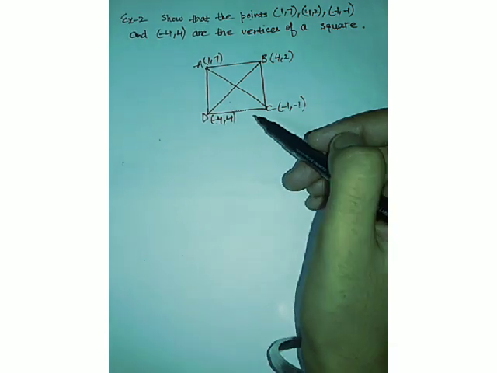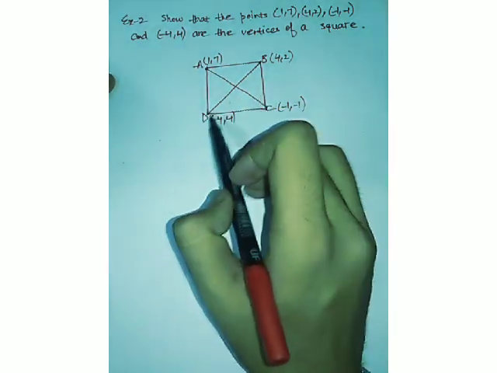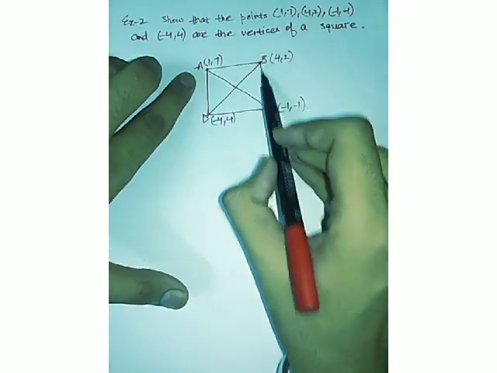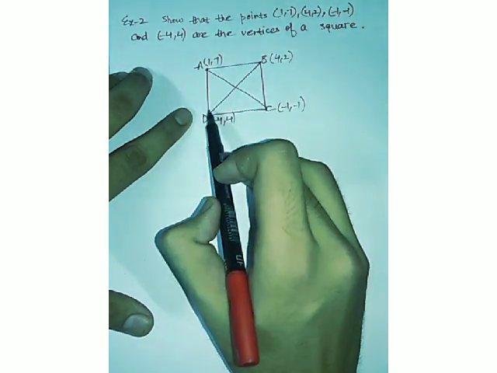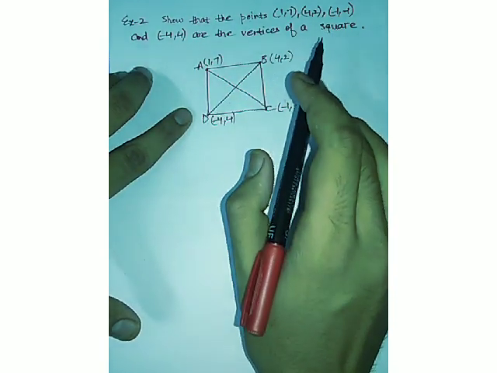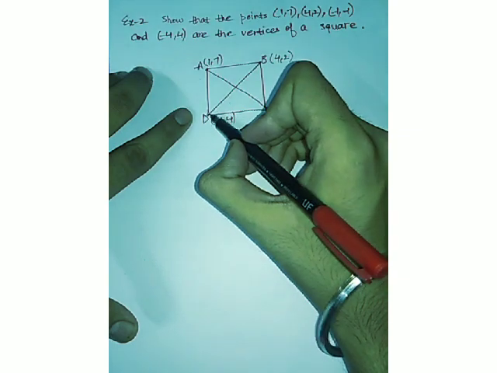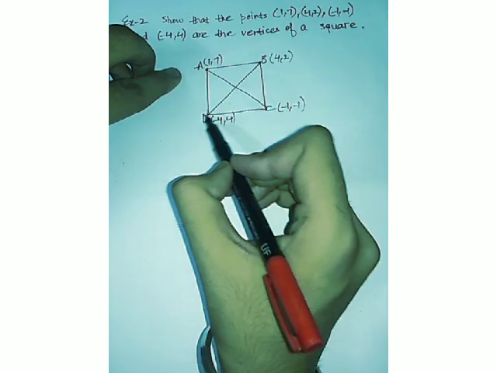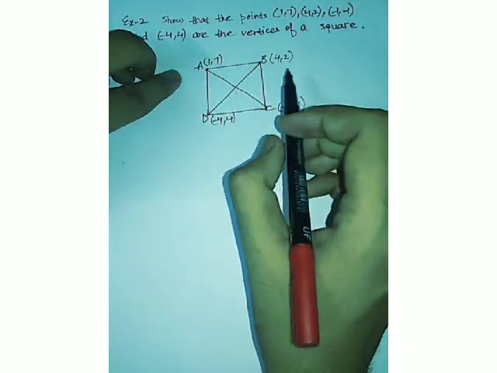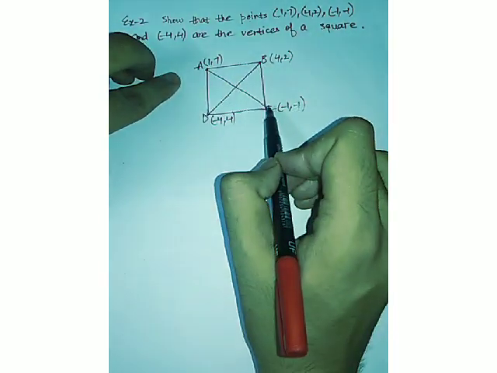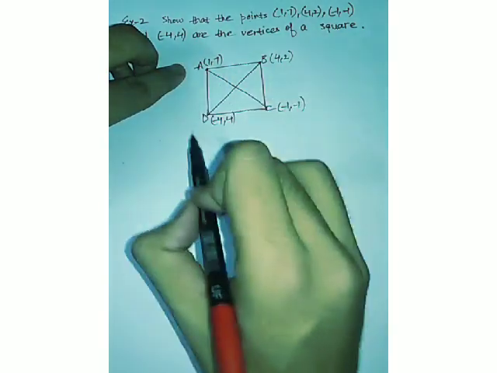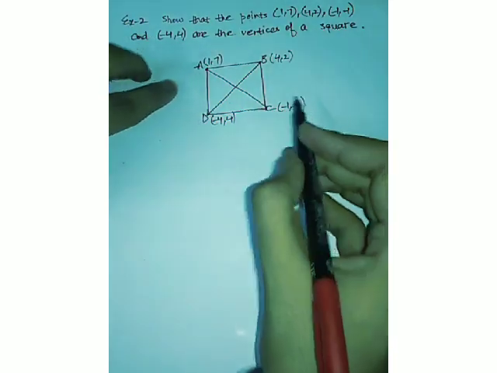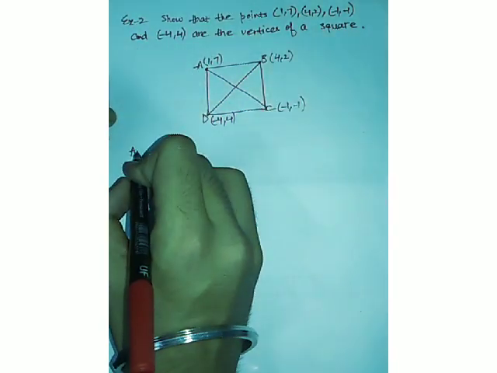So now we can prove that it is a square, but firstly we have to know how we will prove this. A square has all of its sides equal. So we will prove AB is equal to BC is equal to CD is equal to AD. But the thing is not finished here, as we also know that the diagonals of a square are equal in length. So then we will prove that AC is equal to BD. In total we have to find 6 distances: AB, BC, CD, DA. These 4 should be equal, and the remaining 2, AC and BD, will be equal. So let's find them by applying the distance formula.